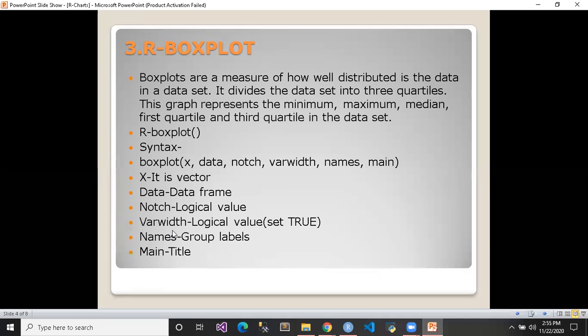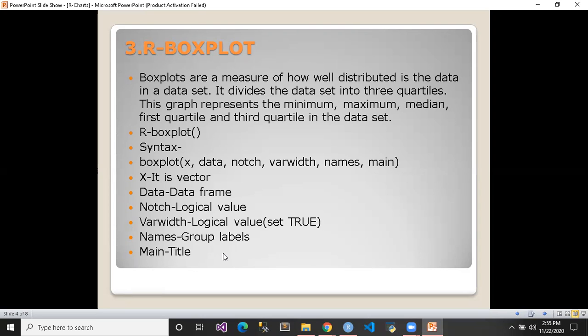Next is varwidth. It also takes a logical value and we have to set it as true. Next is names. We have to give the group labels to the names parameter. And the last one is main. If we have to give the title to the box plot, then we can apply this title to the main parameter.